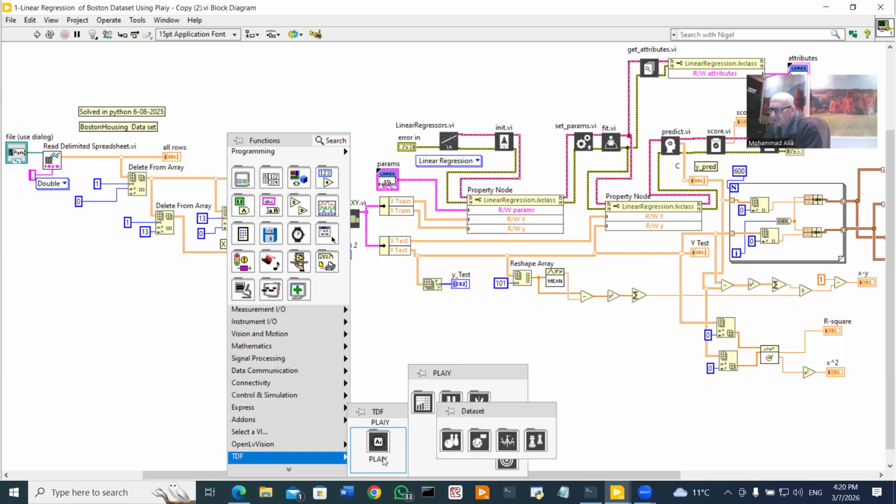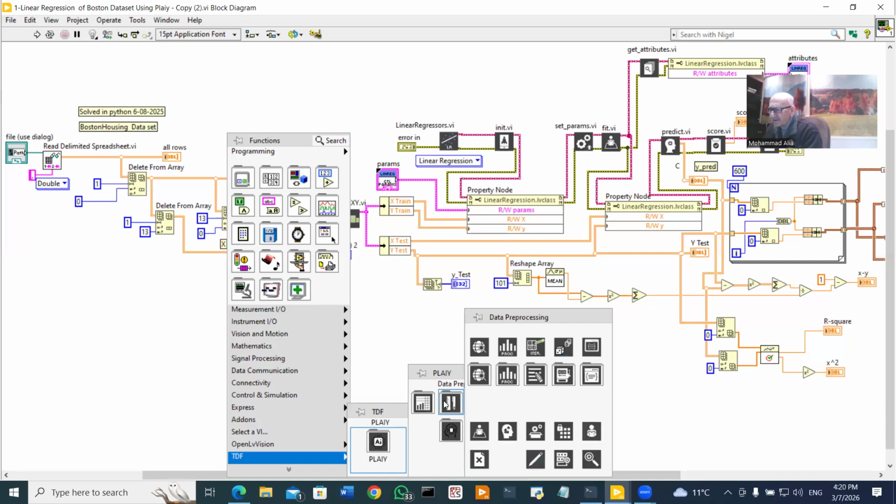Now, when we come back to the PLAIY, we shall see the other palette here, which includes data pre-processing VIs. Really, you will find a large number here, and it is much more than those existing in the analytics and machine learning toolkit. Here, they are more than enough. Very detailed choice of different